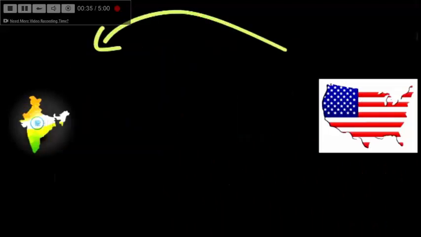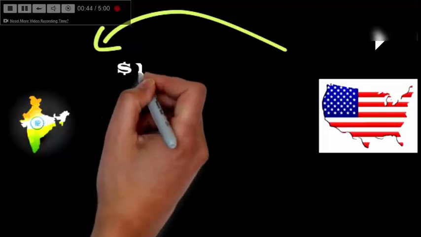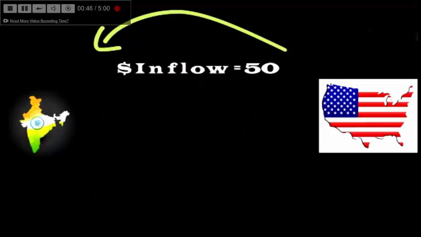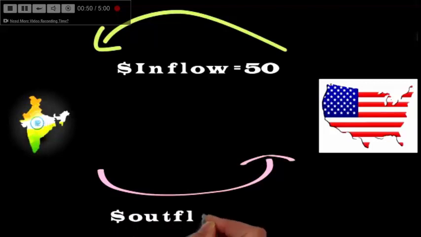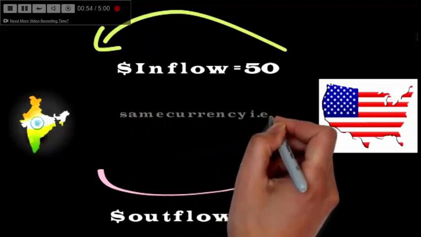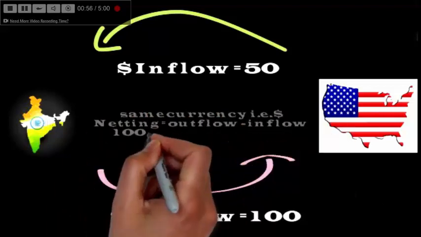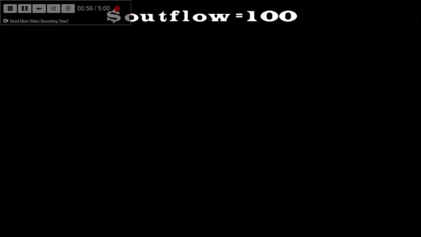So before moving further, let's take an example. There are transactions taking place between two countries, India and US. The transactions are on both sides. That is, one time there is an export and another time there is an import. So one time there is a dollar inflow of 50 and the other time there is a dollar outflow of 100. So netting means consolidation, the net position. So you can say in this example we have a dollar outflow of 50.